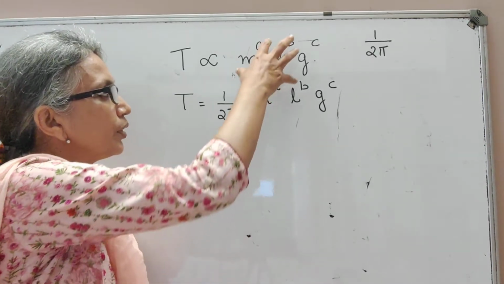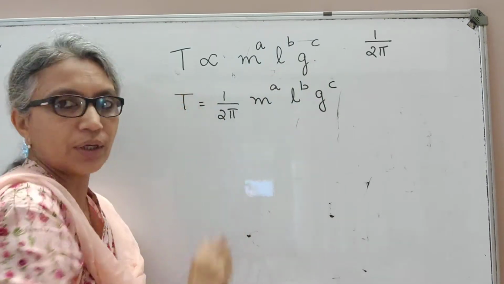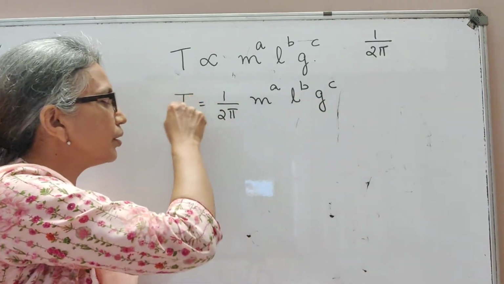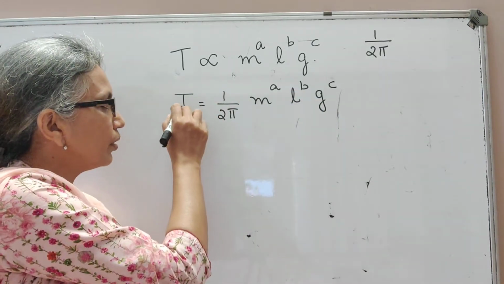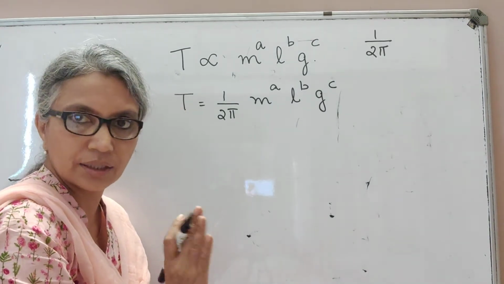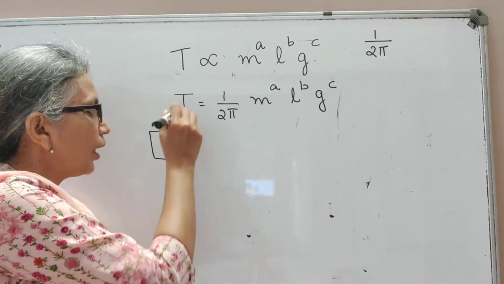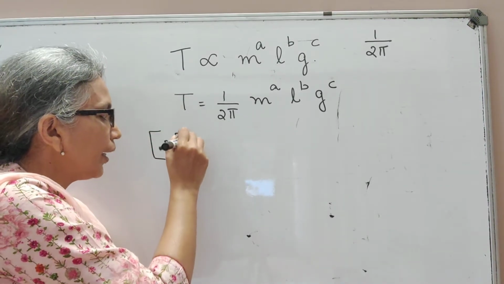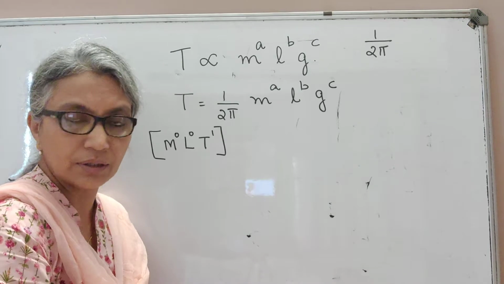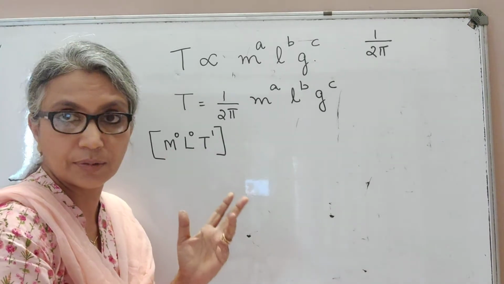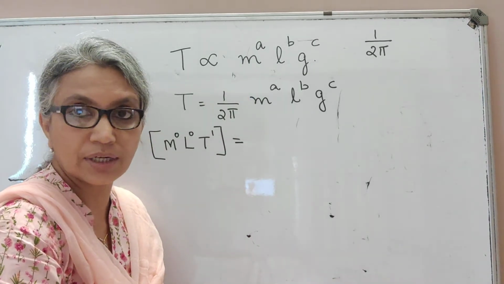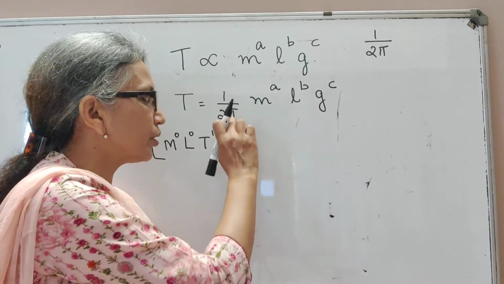How many terms do we have here? We'll take this whole thing as one term and this as one term, because there are no plus or minus signs here. Everything is a multiplication. So this whole thing is one term. What is the dimensional formula for time period? Time period is only time. Mass and length are not appearing there. So we may write M raised to 0, L raised to 0 and T raised to 1 as the dimensional formula for time period, because only time is there. This is equal to, this 1 by 2 pi is a number, so it does not have any dimensions. So you don't bother to write the dimensions for this.